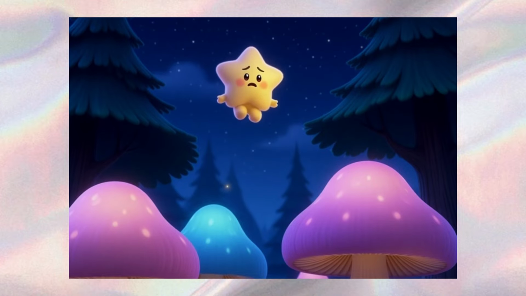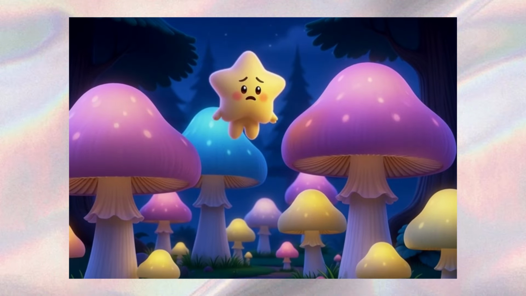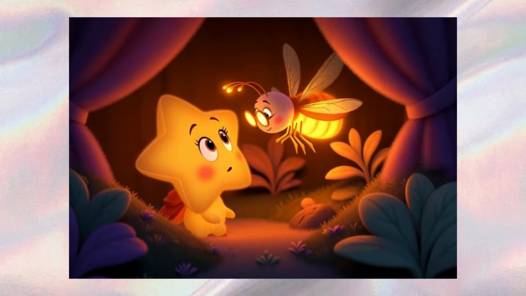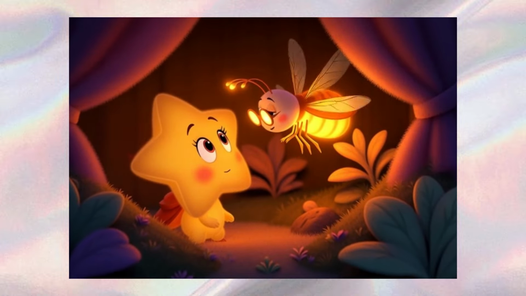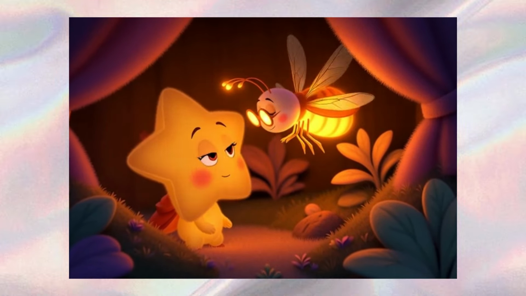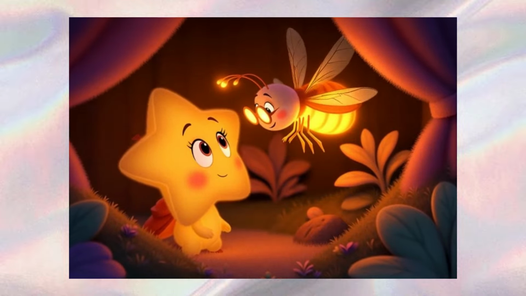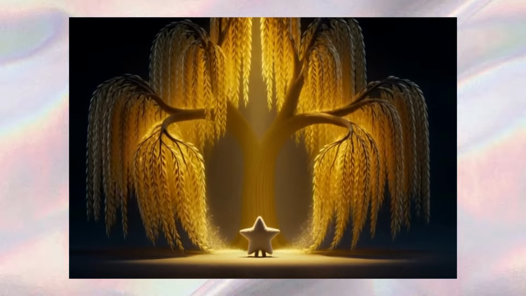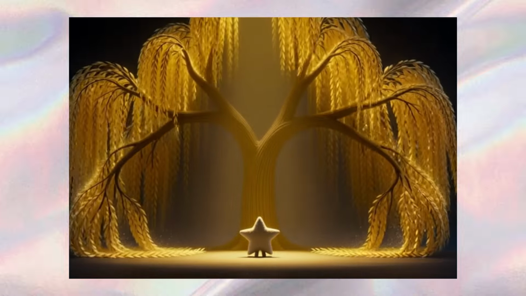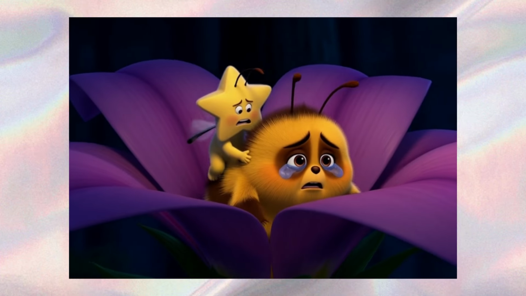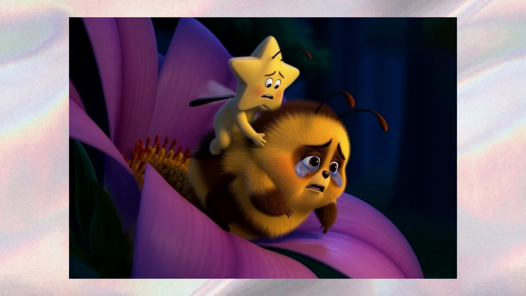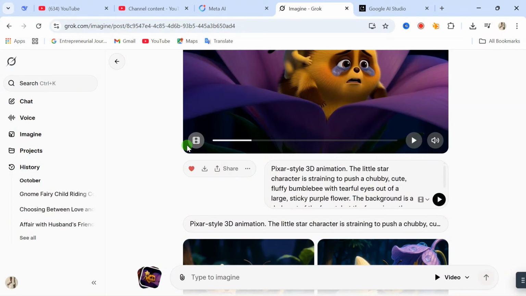In the vast, twinkling tapestry of the night sky lived a little star named Sparkle. While her brothers and sisters shone with brilliant confidence, Sparkle's light was shy. One night, a wave of doubt made her glow flicker and then vanish completely. And so she fell down to a world she had only ever dreamed of. She was scared and alone, her light now just a dull pebble. But this forest, the Glimmerwood,